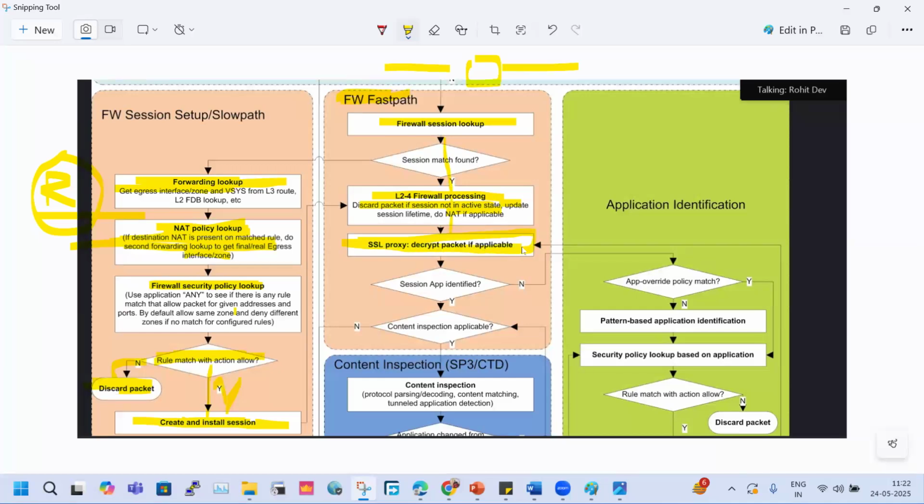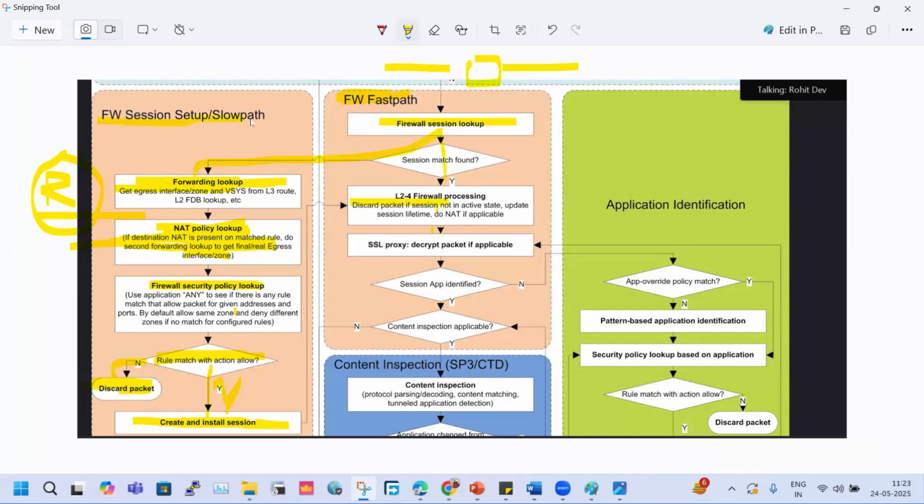If the session is not active, then what can we do? If the session is not active, then the packet will be discarded by the firewall. And how can we activate, that is, establish the connection session? Then a new connection will be built. If the connection is not active, the connection will be discarded by your firewall. Then it will again go back and come to this stage.